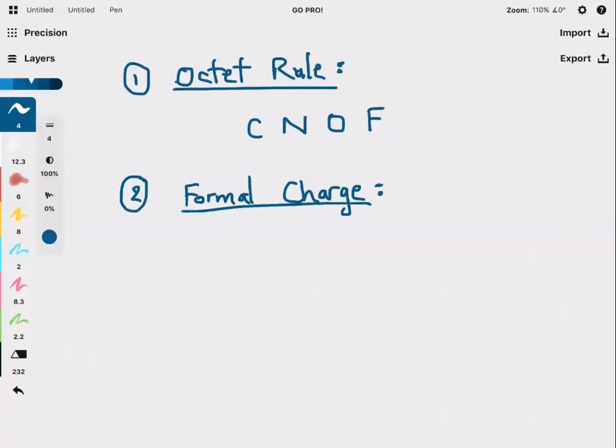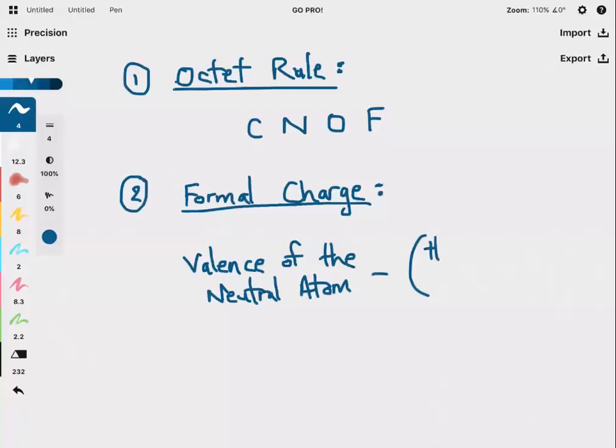You take the valence electrons of the neutral atom, and we'll see what all of this means, minus the sum of the number of electrons